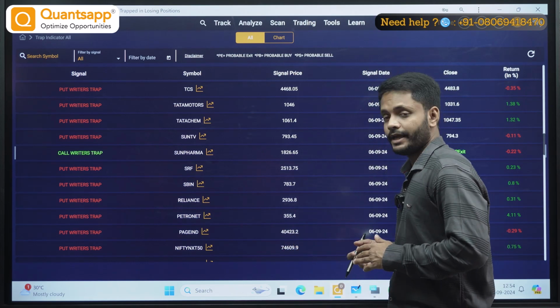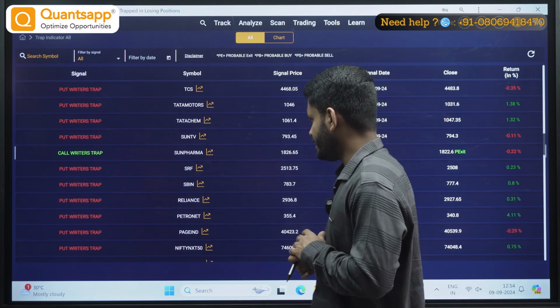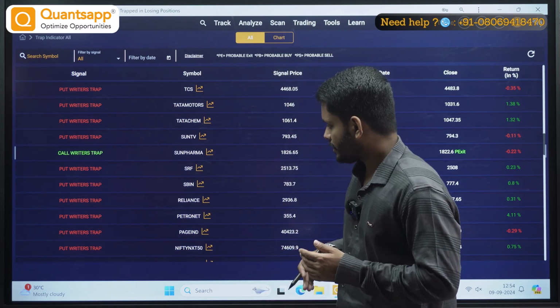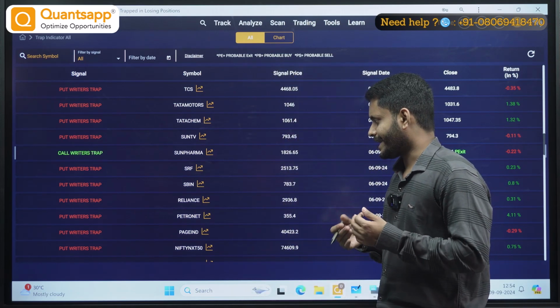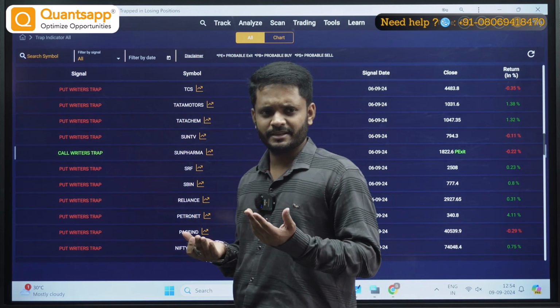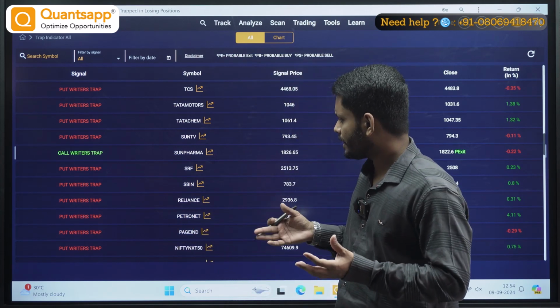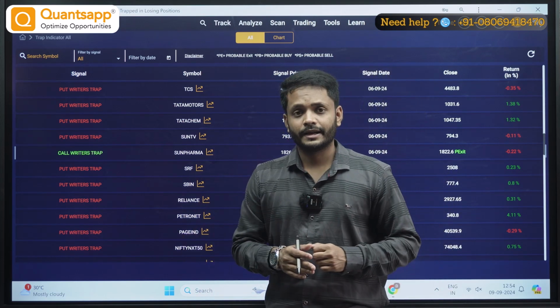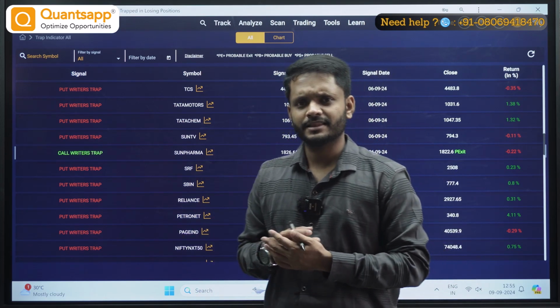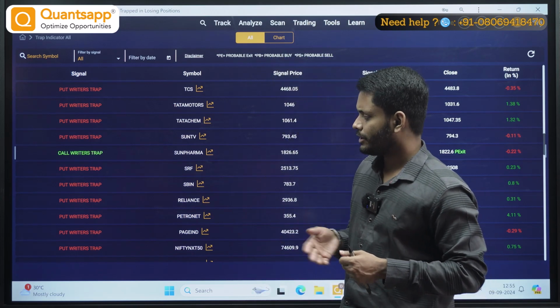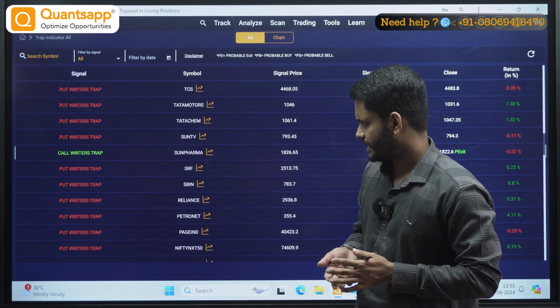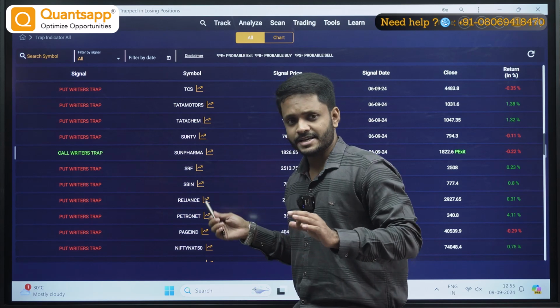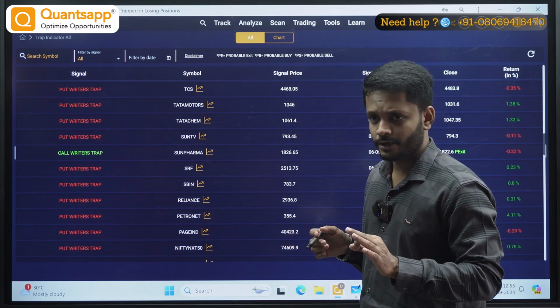Next day morning at 9, probably 9:15 a.m., after opening, if you're good with technicals, on the 5 minute chart or looking at the 15 minute chart, you can plan your entries. Or else if you are not good with technicals, you are purely dependent on the data, then post opening you can initiate a trade around 9:15 to 9:30 a.m. Okay, now as I said, this is not a standalone trading tool.